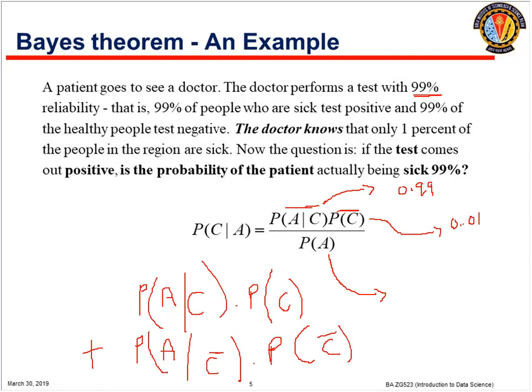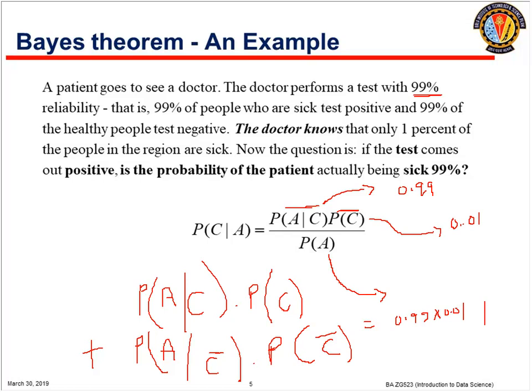So if you solve this, you'll get, yeah. Many of you have already shown the answer in the chat box. So the first factor is the same as we have written earlier, 0.99 into 0.01